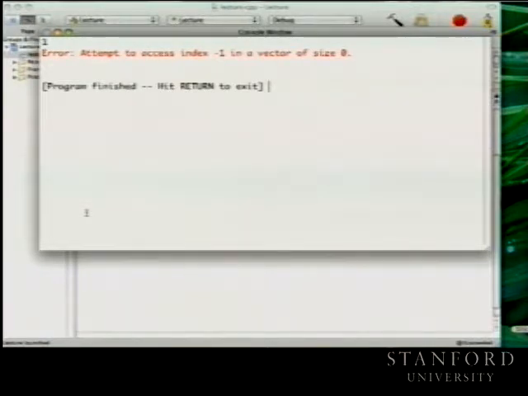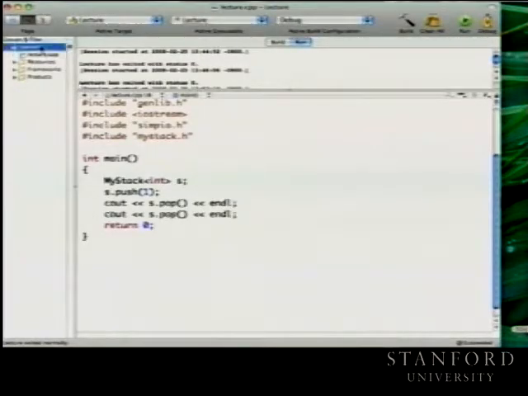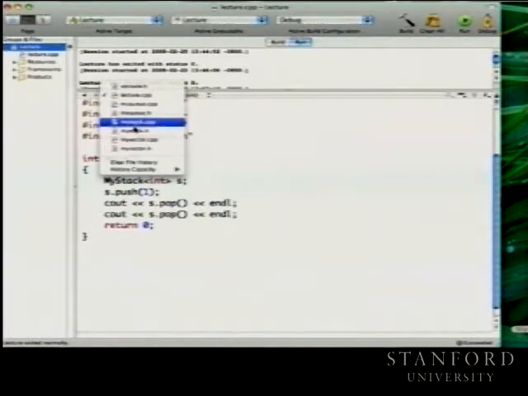So that was good. It was good that we got an error from it, right? We didn't actually just bludgeon our way through some piece of memory that we didn't own or anything crazy like that. But the error that we got probably wasn't the most helpful. Upon seeing that error, you might get a little bit misled. You might start looking around for where am I using a vector? Where am I making a call to vector's bracket? I look at my client code, and all I see is a use of stack. The fact that stack is implemented on vector is something I'm not supposed to know or not even supposed to be worrying about. And so having it poke its head up there might be